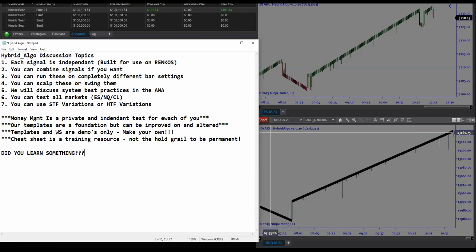For this, I plan on doing more training on the hybrid algo, mainly because there are 4 settings, four signals. We only really spent a lot of time talking about the wicker and the reversal, but we didn't even get a chance to finish the reversal, right? So what I'm going to do is,